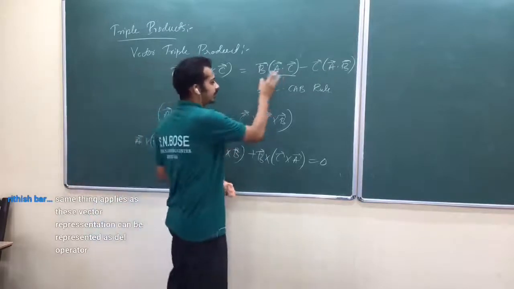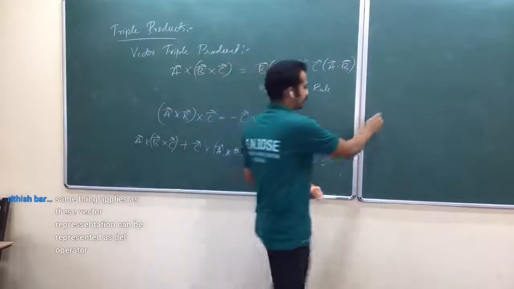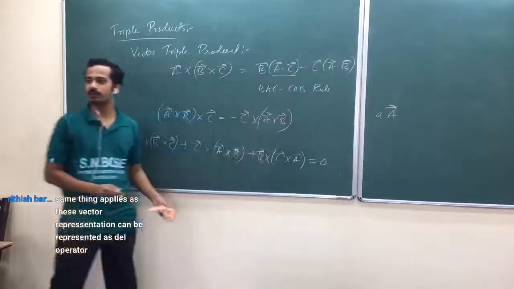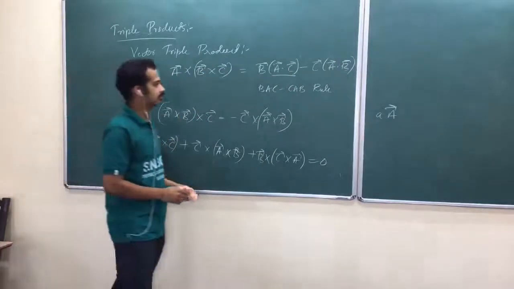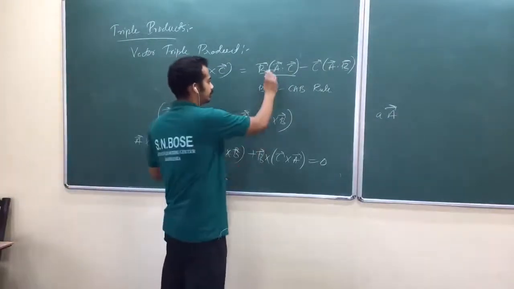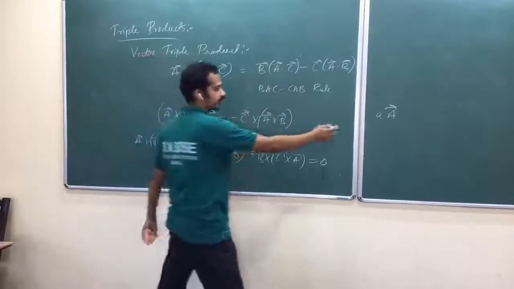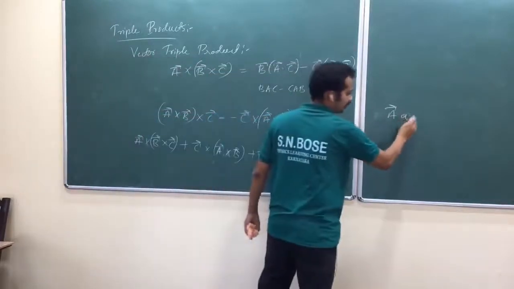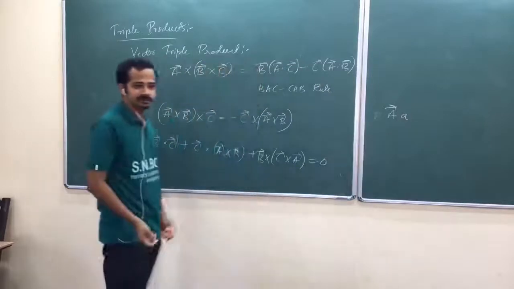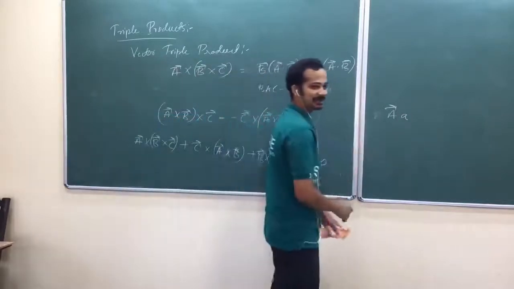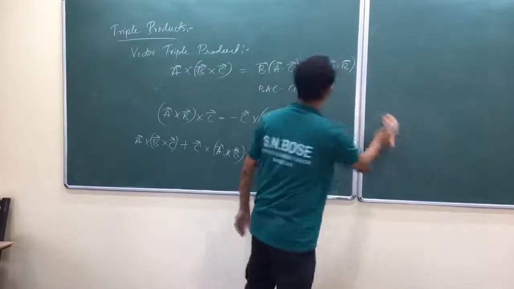Usually whenever you have a scalar, we prefer writing that scalar here, A into vector A, am I right? So to have a mnemonic, we prefer writing like that. Is that okay? But usually scalar should be multiplied here, not here. But both are same, isn't it? Both are same, but you feel a little uncomfortable, isn't it?